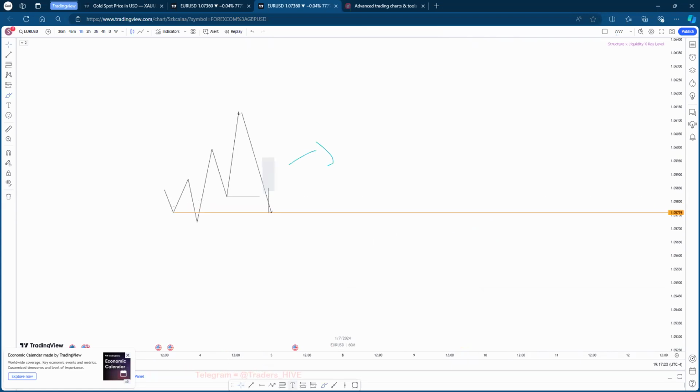So when we go one time frame lower, there's only one thing we are looking for, right? After this rejection and the candle has closed, on the 30 minutes or the 1 hour time frame, we are only looking for one thing. We are looking for an engulfing to the upside. The moment we have an engulfing to the upside, you can play the next key level, this V-shaped key level